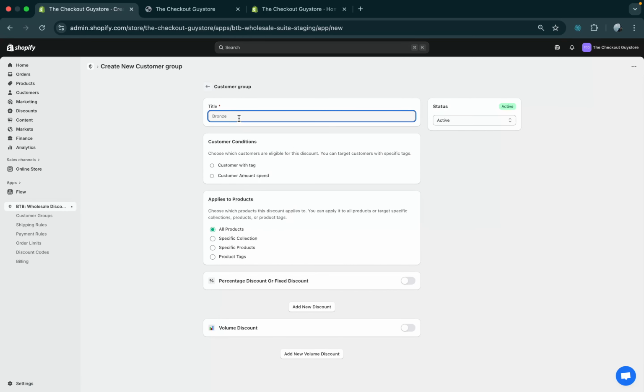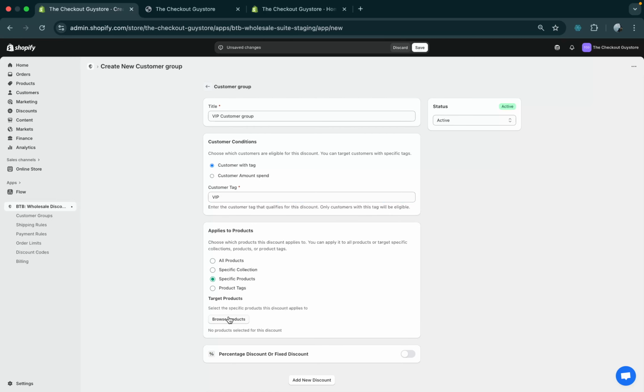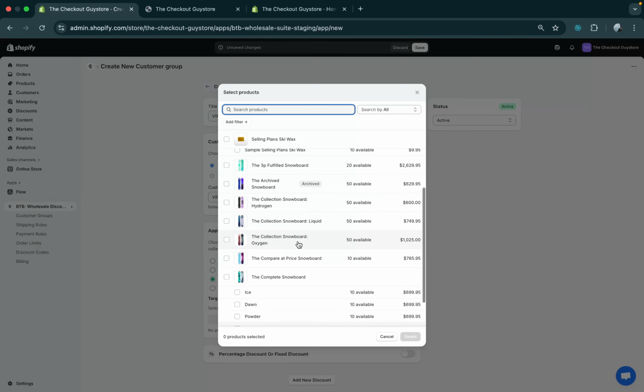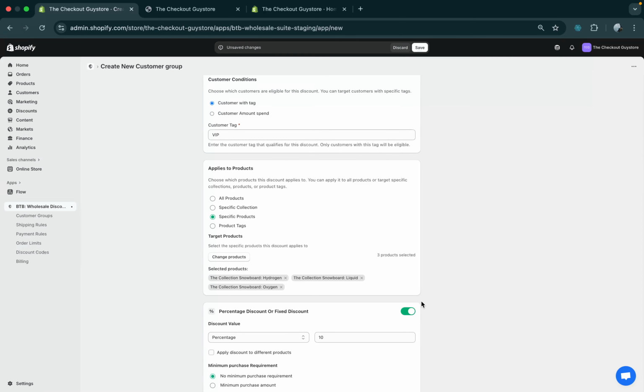So I have one more tag which is VIP, right? And customers with, again give it VIP customer group, right? And I made the tag VIP for those customers and set it for all. I think for VIP customers I'm giving only for some specific products. So for this one and this one, these products only I'm giving the offer, and I'm giving a percentage off